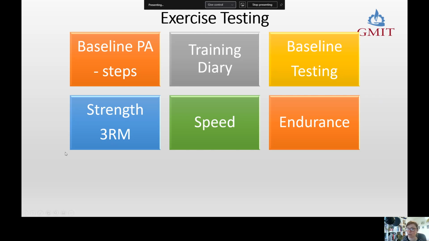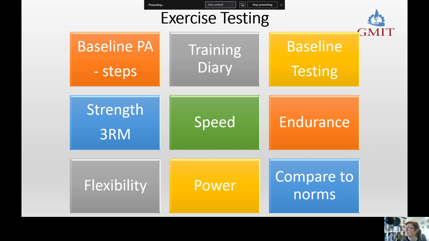You could be looking at, now I'm going to show my ignorance, I'm sure that the students and staff have told me that 3-rep max is safer than 1-rep max. And so that might be a more appropriate method for assessing strength. You might look at fundamental movement skills and flexibility, power, and then you're going to, for your athlete, compare that